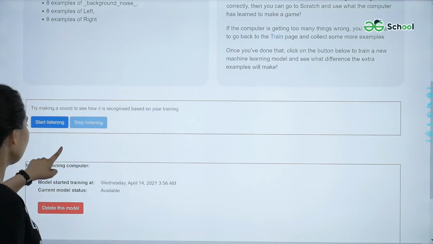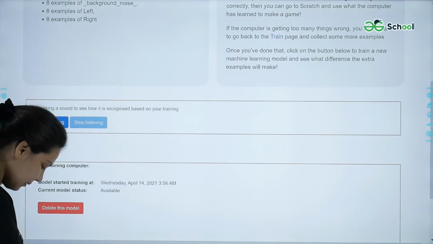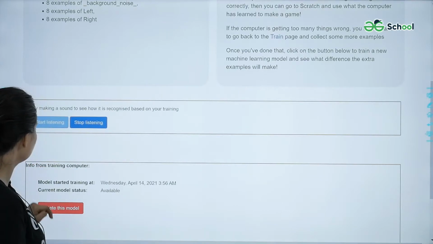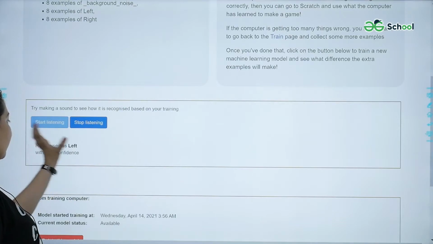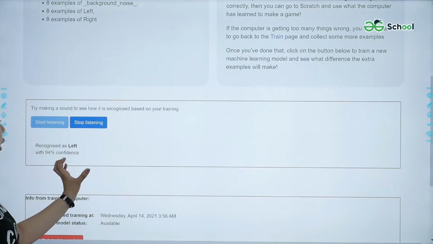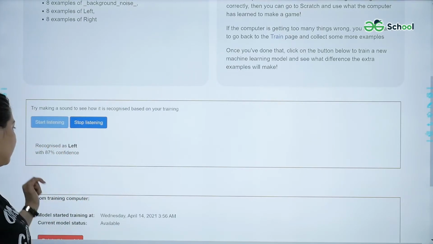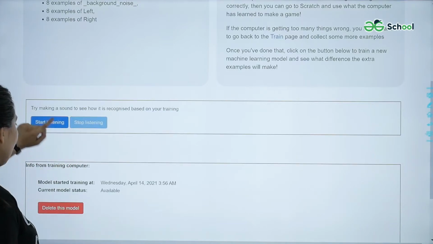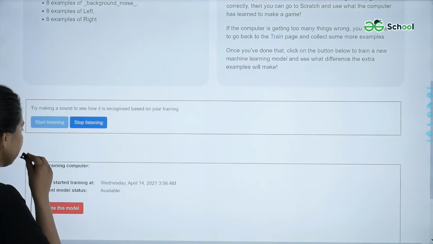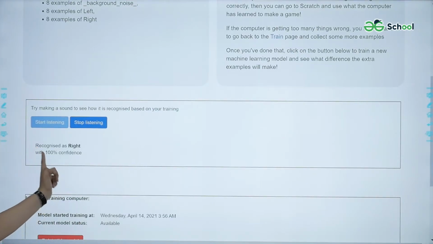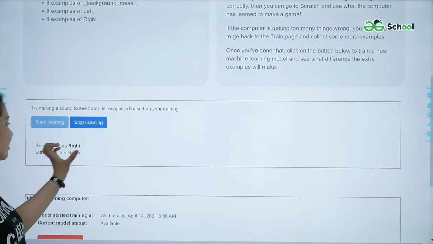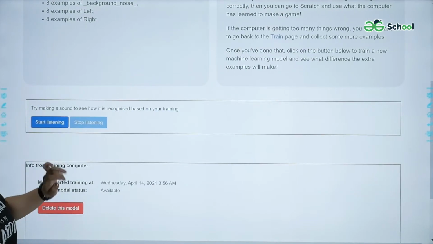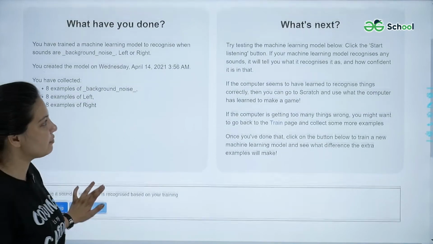So from here, click on Start Listening. Left. You can see my model has recognized the label of left with 94% confidence. Let us again see for the right position. Right. You can see 100% confidence that the machine learning model has recognized it as right. So my model is performing well.